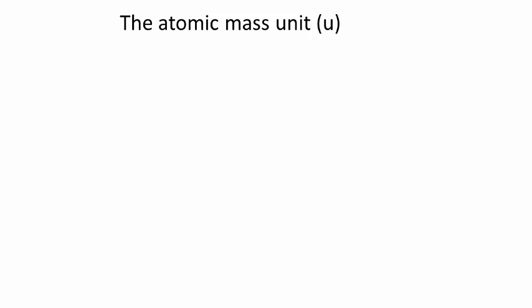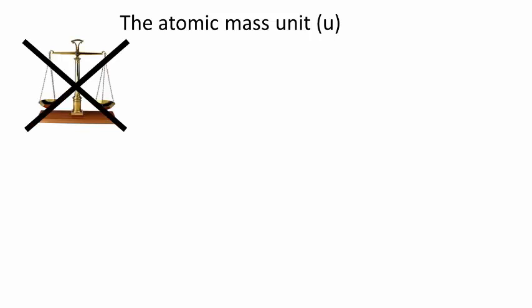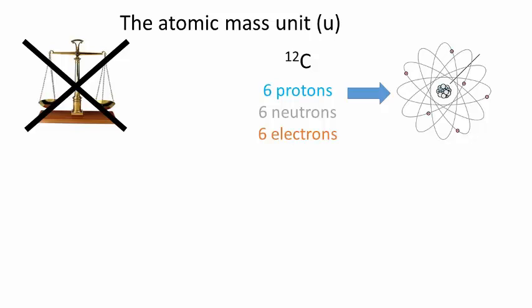It will always be impossible to weigh a single atom or a single molecule. However, experiments exist that can easily measure relative masses. Knowing this, chemists define the atomic mass unit in the following way. An atom of carbon-12, consisting of 6 protons, 6 neutrons, and 6 electrons, weighs exactly 12 atomic mass units.